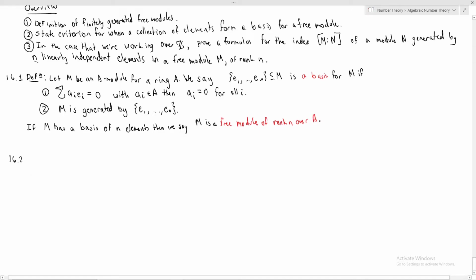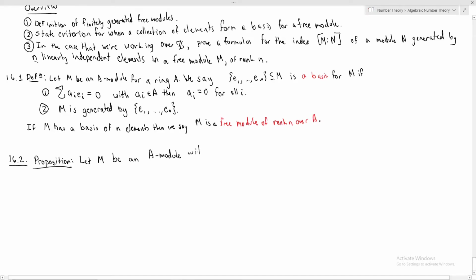So 16.2. This is a proposition. I guess I should say, in a way, free modules are kind of like the simplest modules because in a lot of ways they behave very similar to vector spaces, and vector spaces are something we understand. So if you know something's a free module, that's a very good thing. And this proposition kind of classifies what all your free modules look like up to isomorphism. So I'm going to let M be an A module,